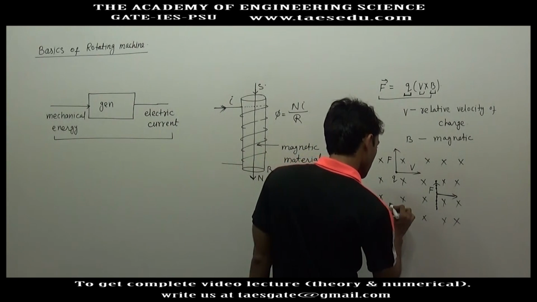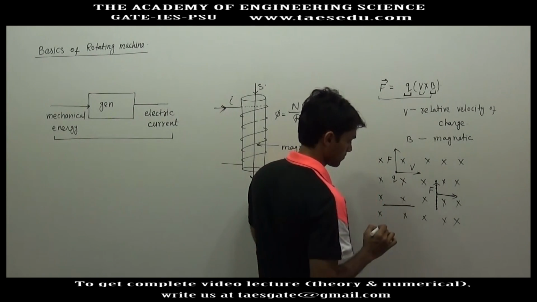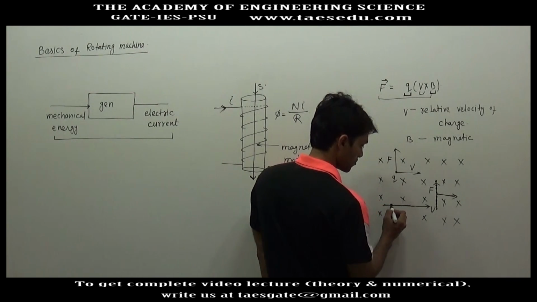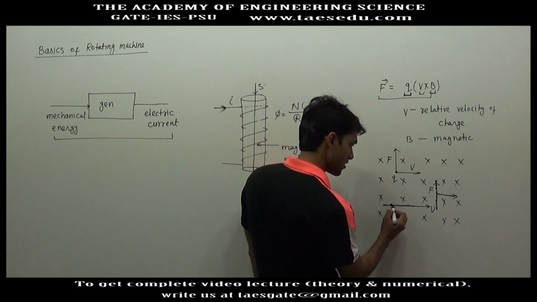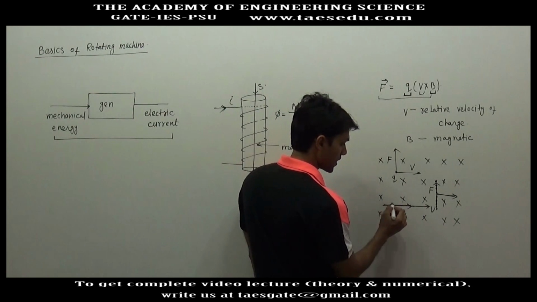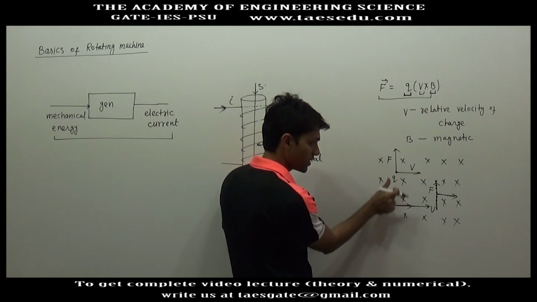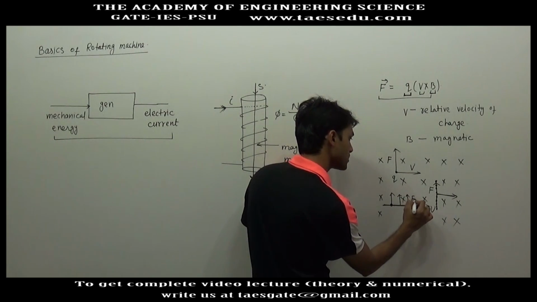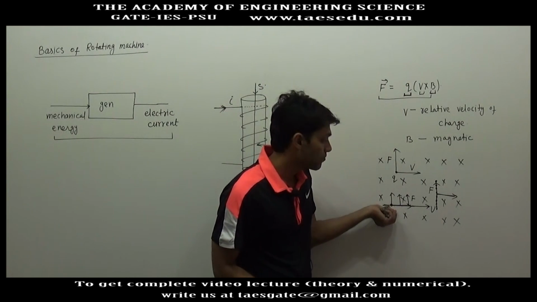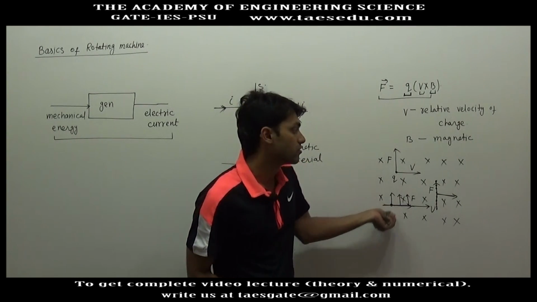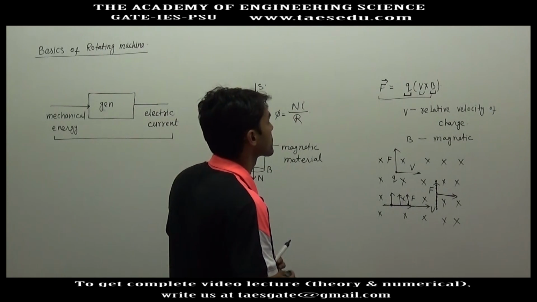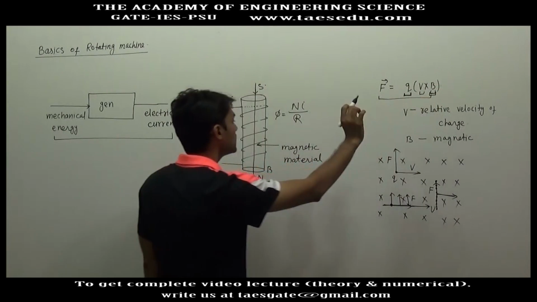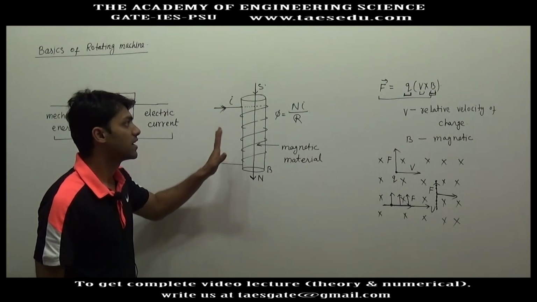But if the orientation of the conductor is like this, and it is given a velocity in the right direction, again the charges on this conductor have a velocity in the right direction, the magnetic field is inside, so V cross B will be in upward direction. So all the charges will experience an upward force, but charges cannot leave the material. So in this case, current will not flow. So to apply force, we have B either by permanent magnet or by electromagnet.